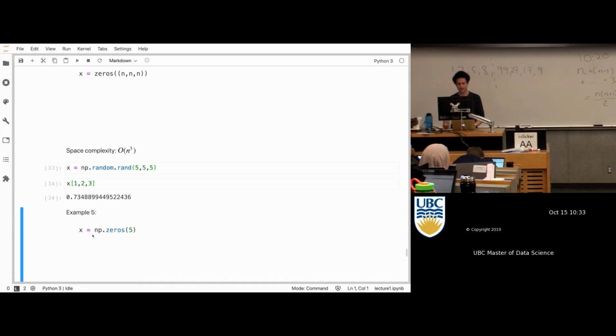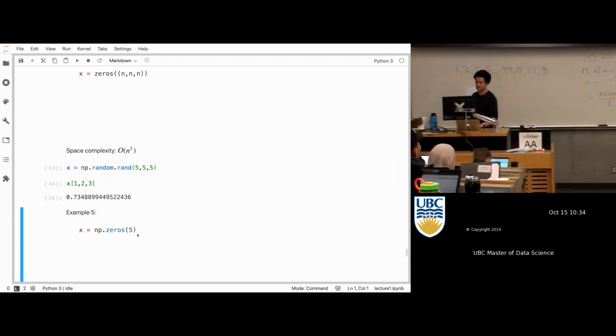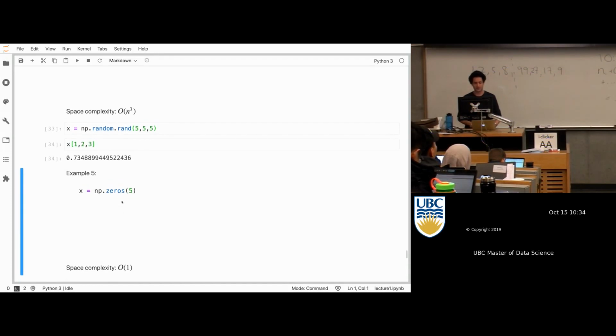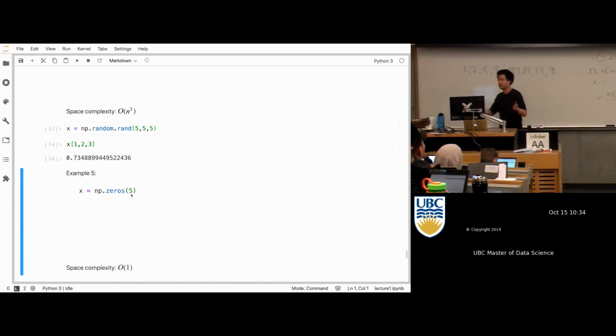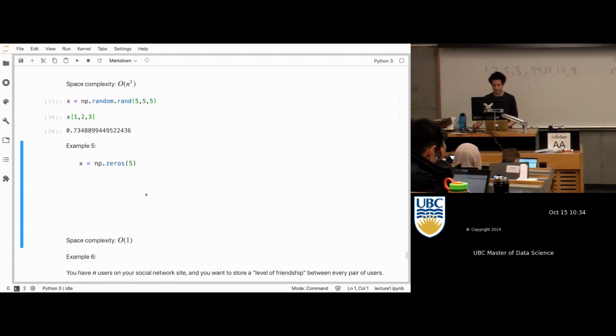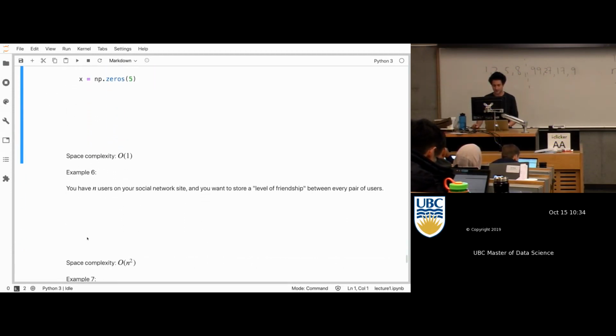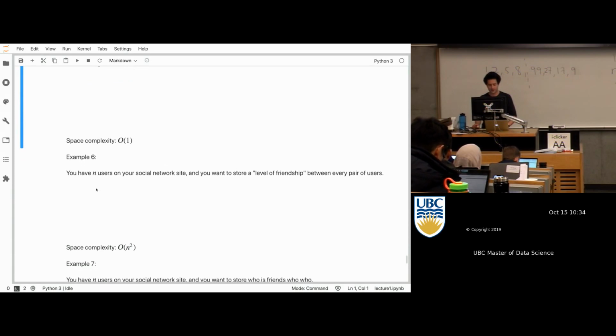Okay, how about this one? X equals np.zeros(5). What's the space complexity? Constant, yes. O of 1. So there's no n here. It doesn't even appear on the page. So whatever n is, this thing is just going to have 5 numbers in it every time. So that's O of 1. And let's skip these other ones in the interest of time. You can look at